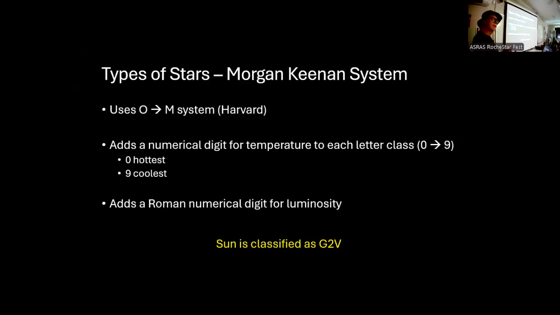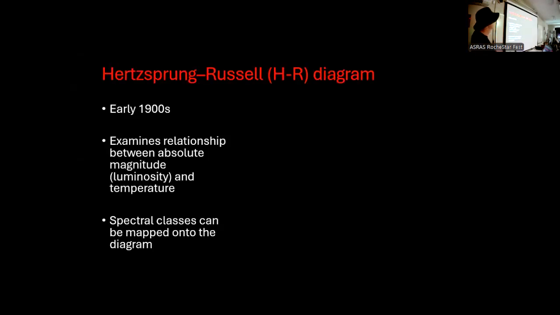So that's the current system of classification. For the rest of this we're just going to stick with the Harvard Annie Jump Cannon system, because the rest confuses me. It's a little too complicated. But to be fair, this is the actual current one. If you get asked in next year's Jeopardy, what is the most current classification? The correct answer is, what is the Morgan-Keenan system? So just for future reference, just saying.